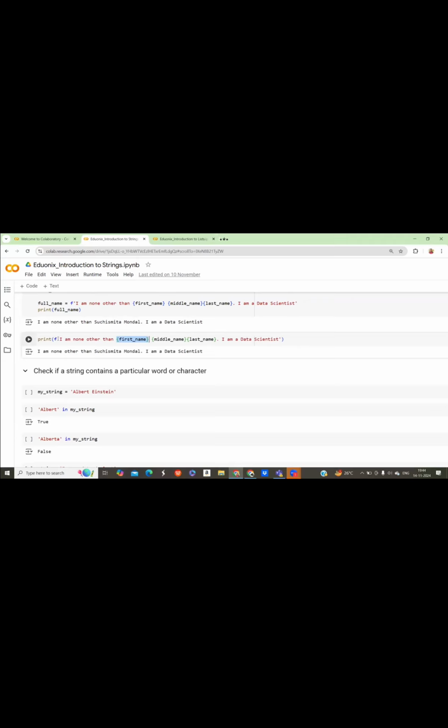Here we have mentioned f, then our string, and placeholders in curly braces. In these placeholders, whatever you have created, you can mention your variable names. While printing, it will take the value that is in the variable and print accordingly. Okay,